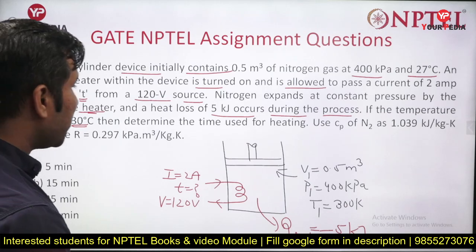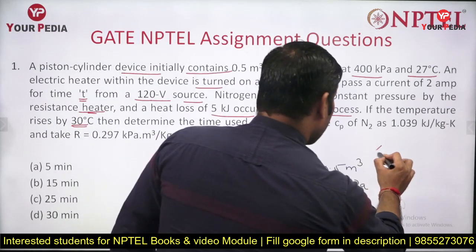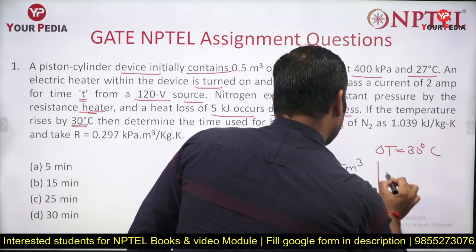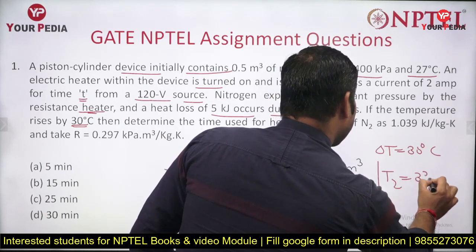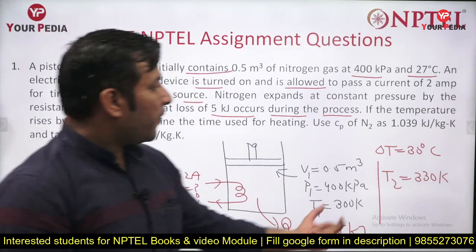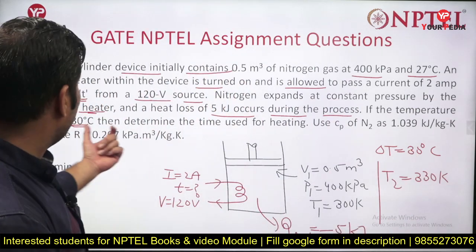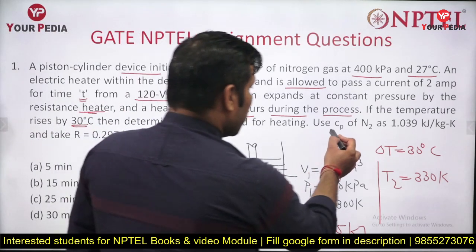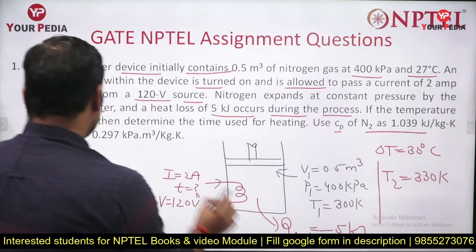So the temperature rises, the change in temperature is given to us, delta T is nothing but 30 degrees Celsius. So you can write here, the final temperature T2 is nothing but 330 Kelvin, guys. This is the initial temperature 300 Kelvin, the final temperature will be 330 Kelvin because the temperature rises by 30 degrees Celsius. So Cp is given to you, Cp of the nitrogen is this, R is given to you,